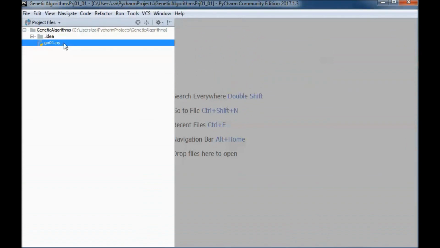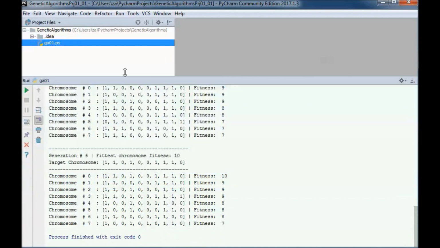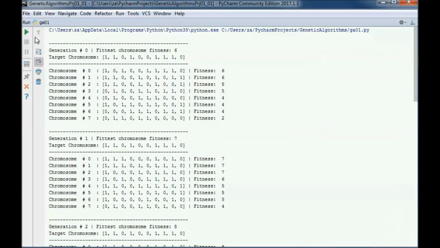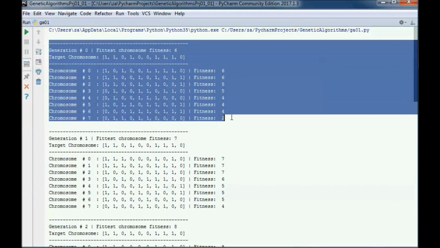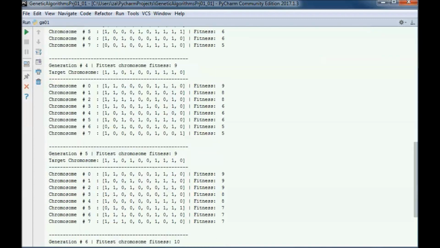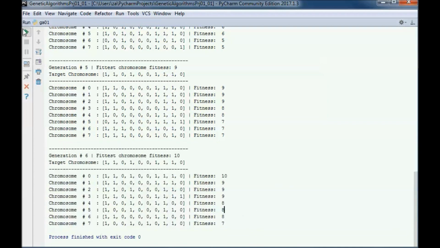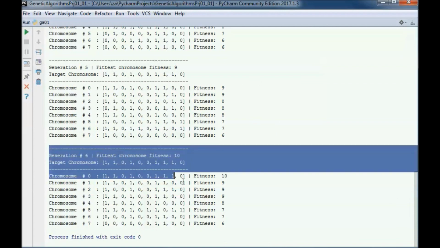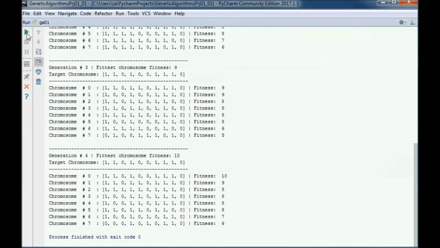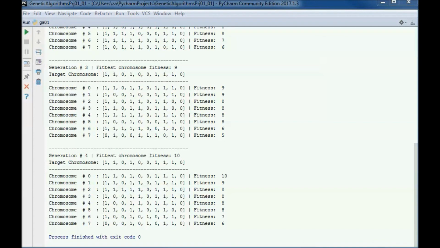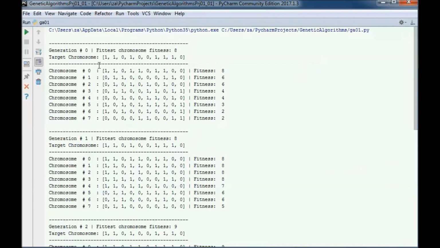This is a pre-built Python application, so if I go ahead and run it, we go from generation 0 to generation 6, and if we run it again we get a completely different outcome. Actually we get the same number of generations. Here we go, so now we got 4 generations, and each one of those